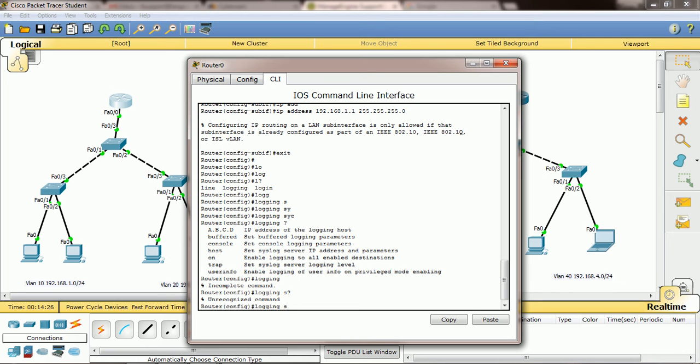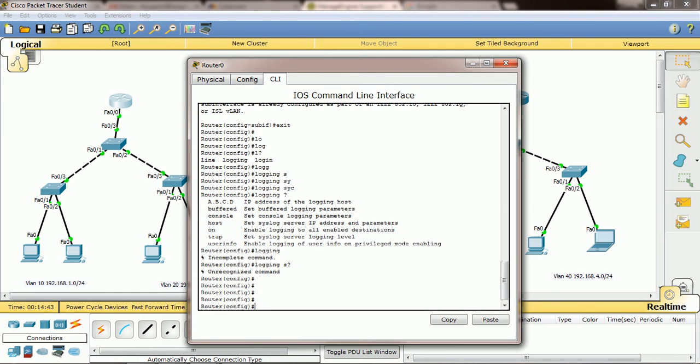I think they removed this command, or what. Okay, let me see that command later. If you know it, you can also try, but I forgot that command. In the next video I will let you know.